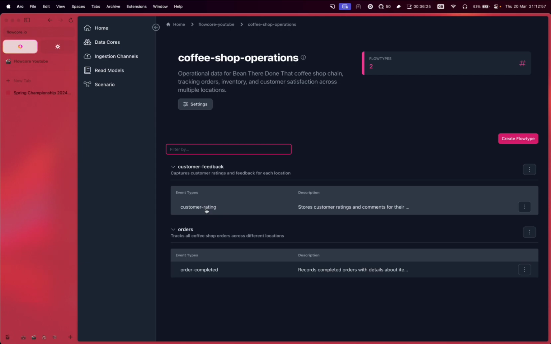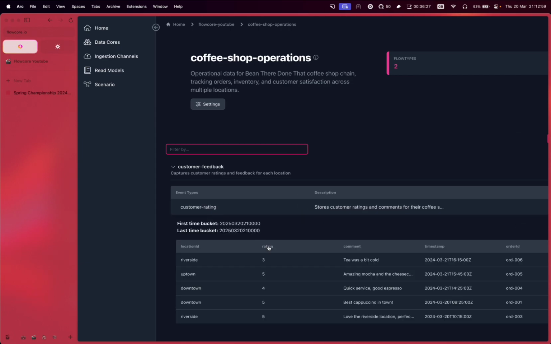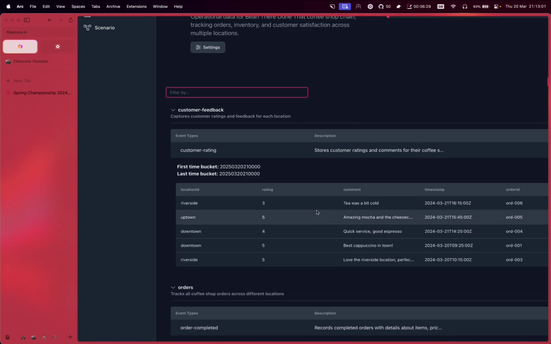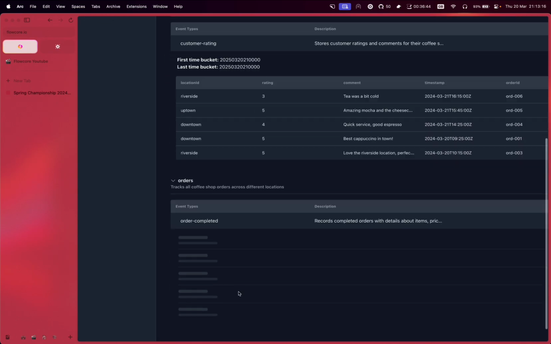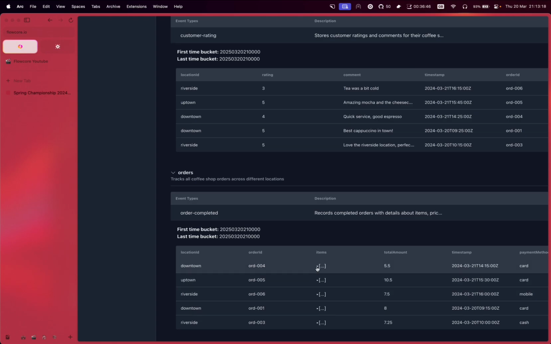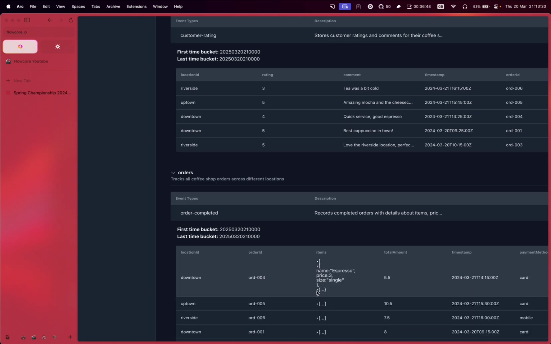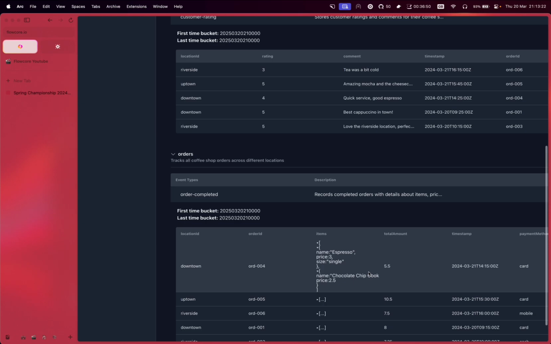And as you can see, these are the event types. We open them up, and then here it is. Someone gave this place a 3 out of 5. That's rough. Tea was a bit cold, so I mean that's fair enough. And this one had an amazing cheesecake. And then if we go to order completed, again, he generates an example of what they ordered: chocolate chip cookies,